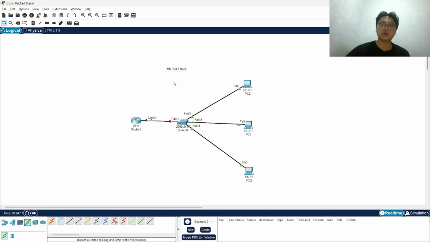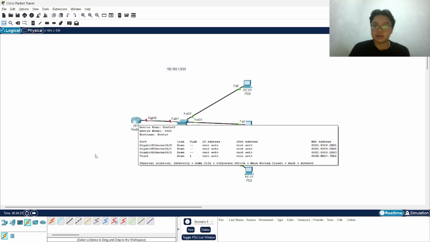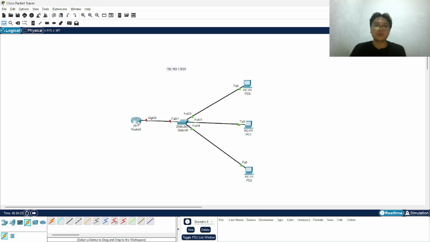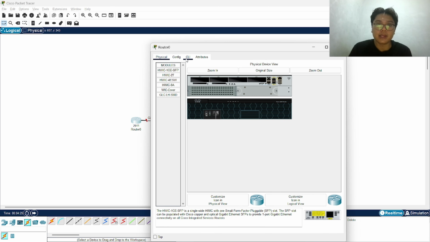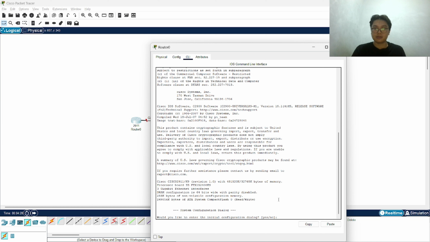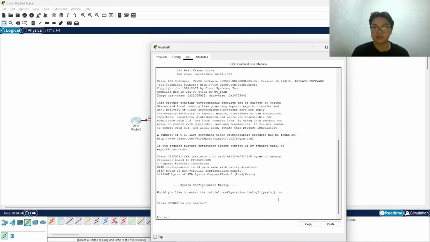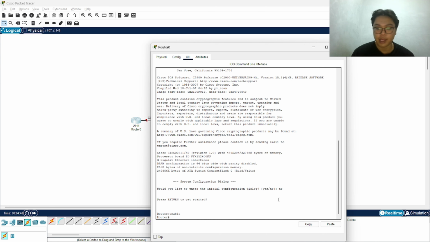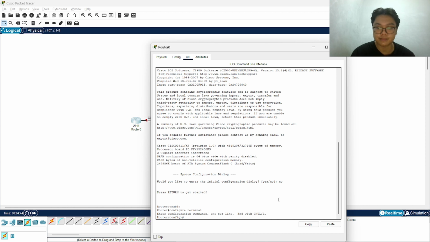So first, we're going to go to the router, then CLI. Say no to the initial dialog, then press enter again. Type enable, and then configure terminal.